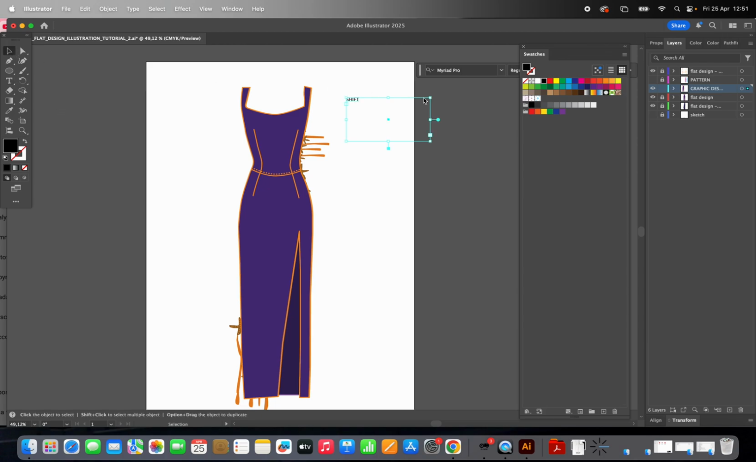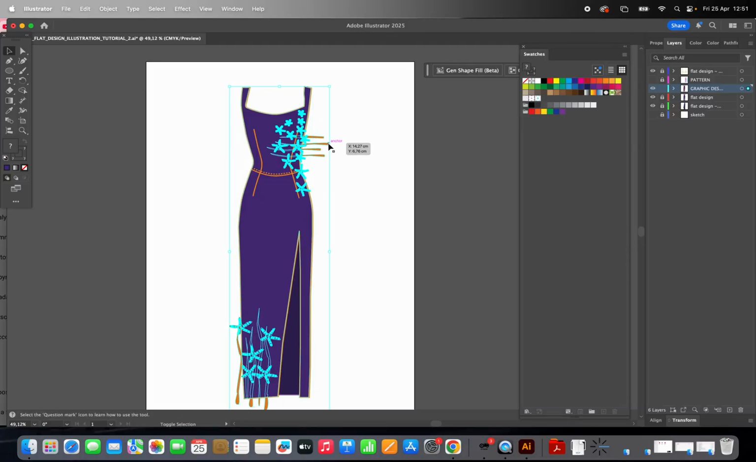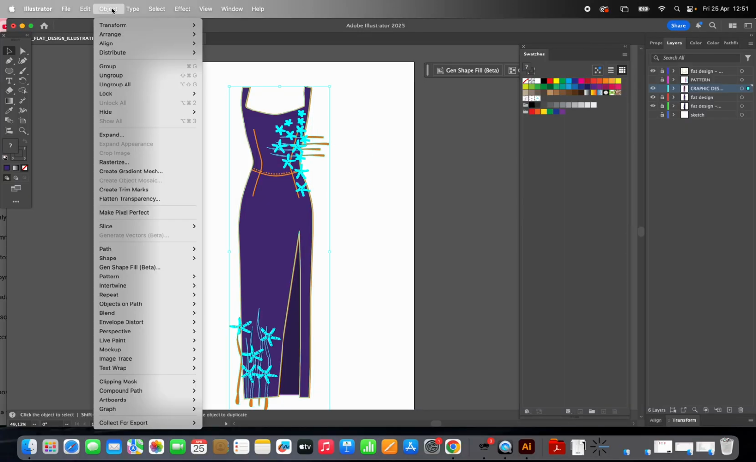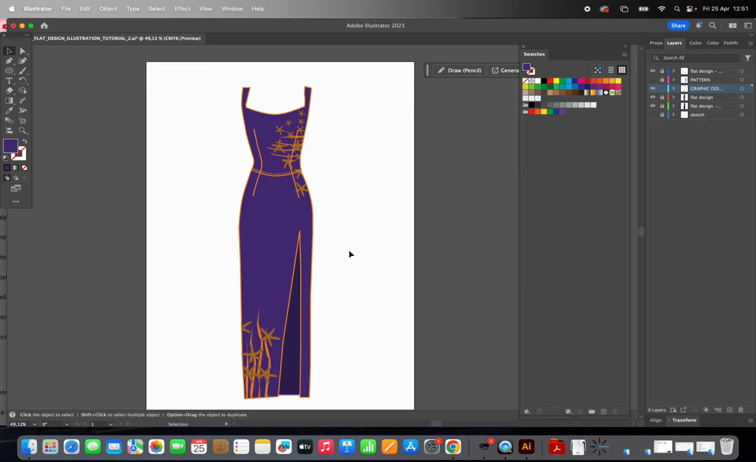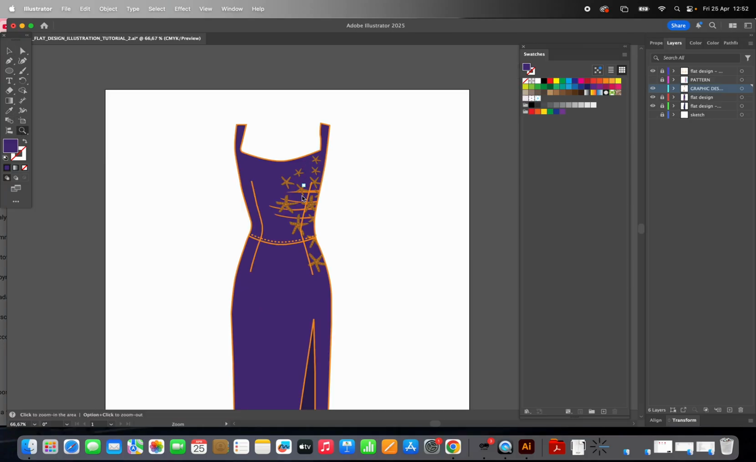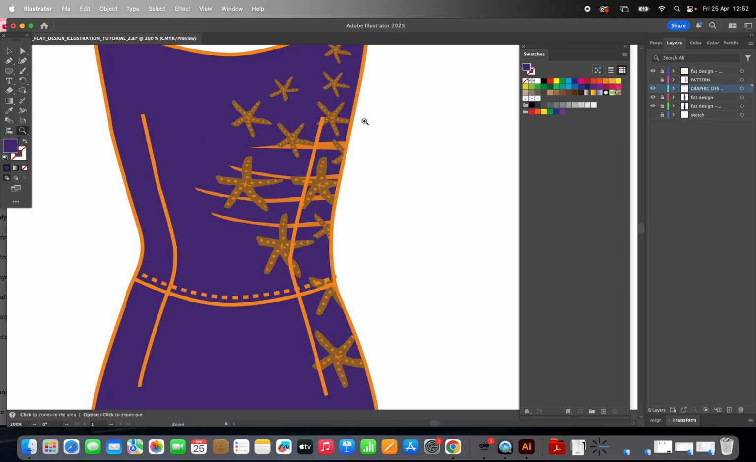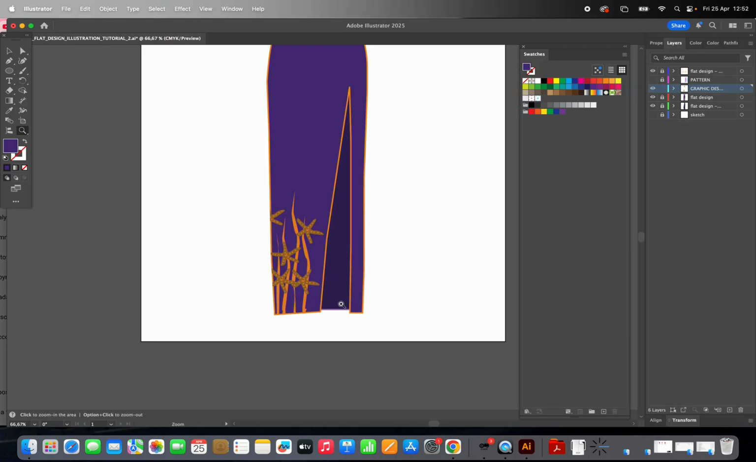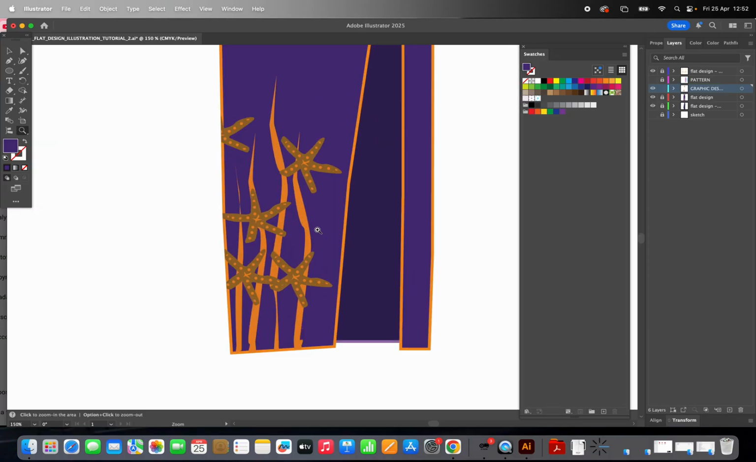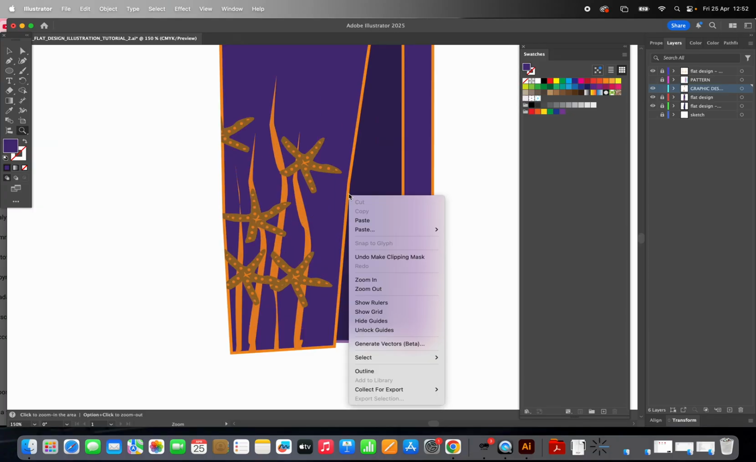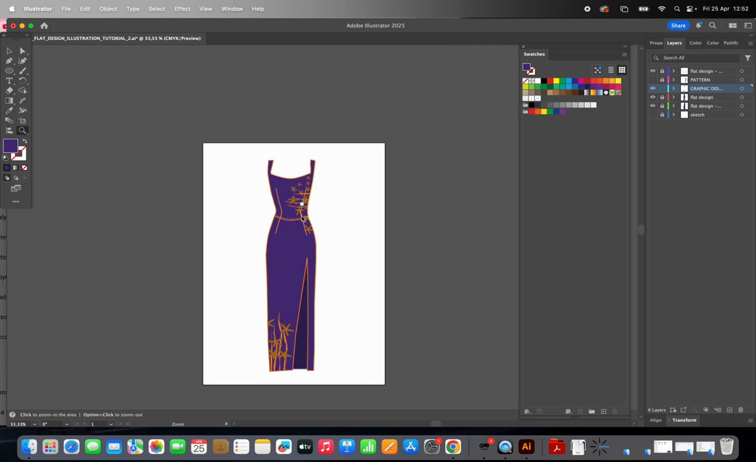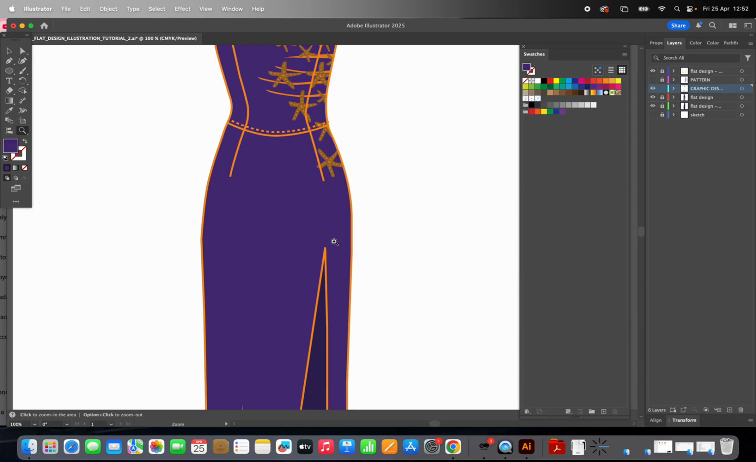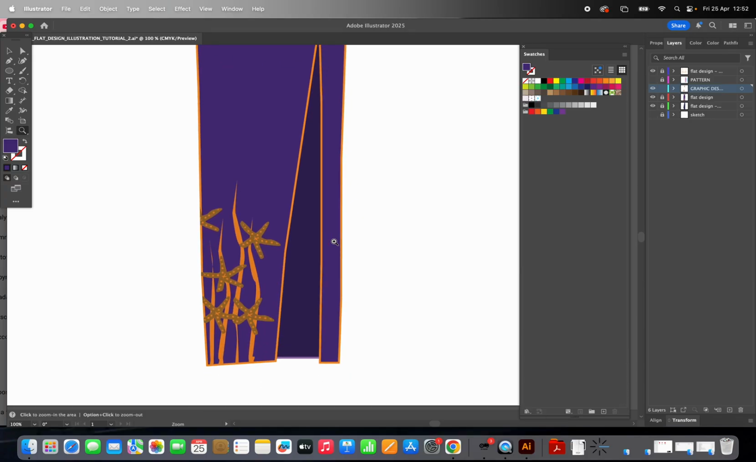Shift, okay, we click and select the dress and the graphical part, and then object, clipping mask, make. You see, I created this mask, so exactly the graphical part is cut with the silhouette of the drawing, making this more realistic and more precise. Okay. And you can do with any kind of graphical